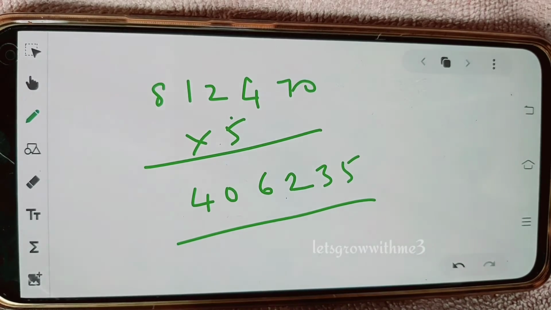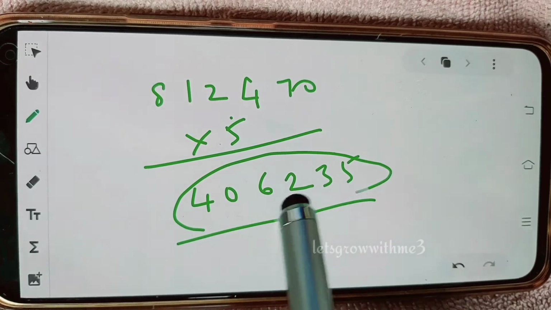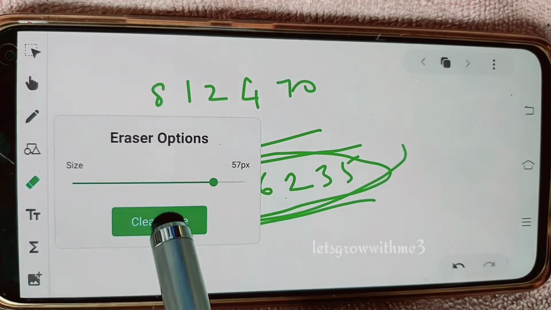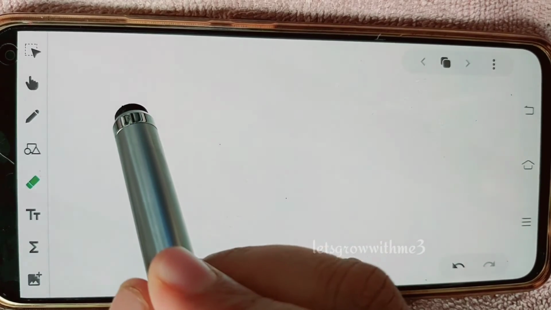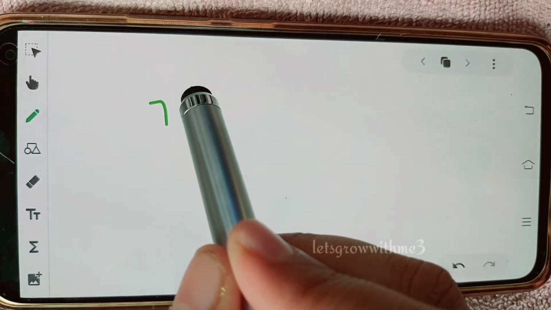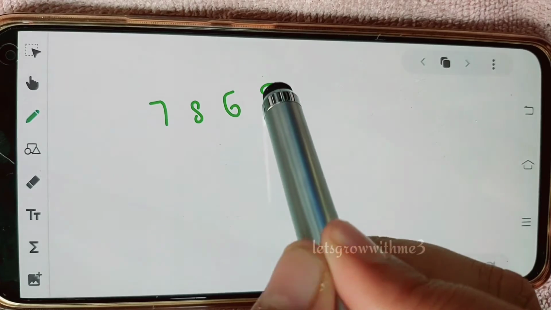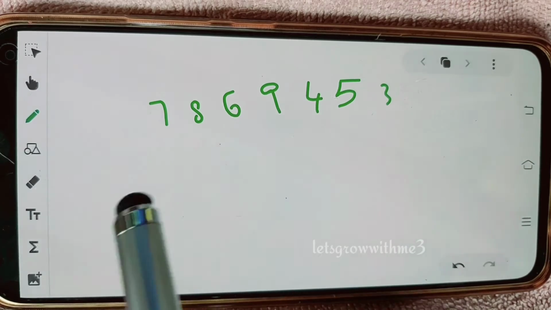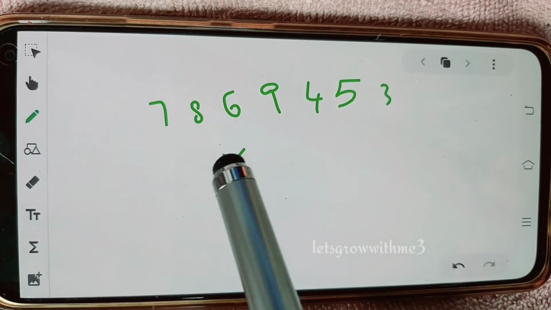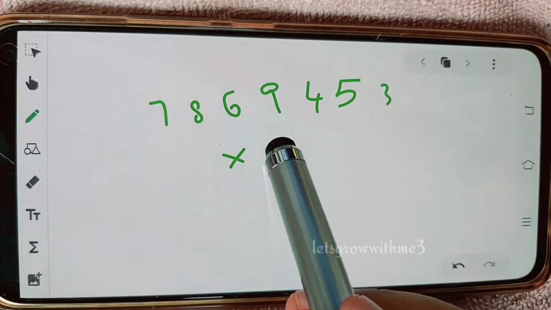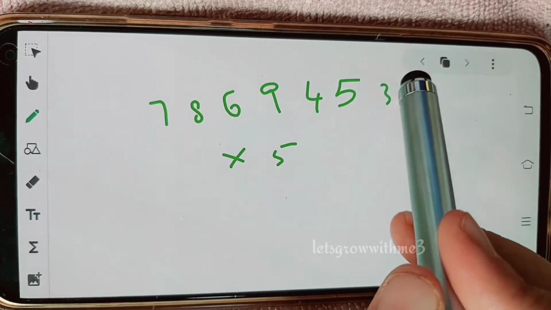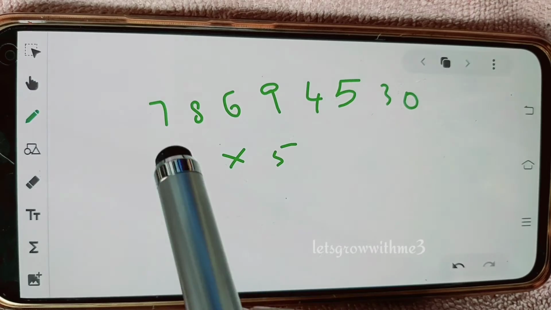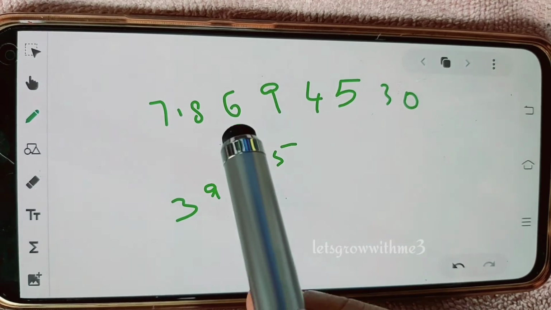So let's consider one more question. 7, 8, 6, 9, 4, 5, 3, times 5. Okay, so just need to append 0, and then we need to find out the half of this value, so which is 3, then 9,